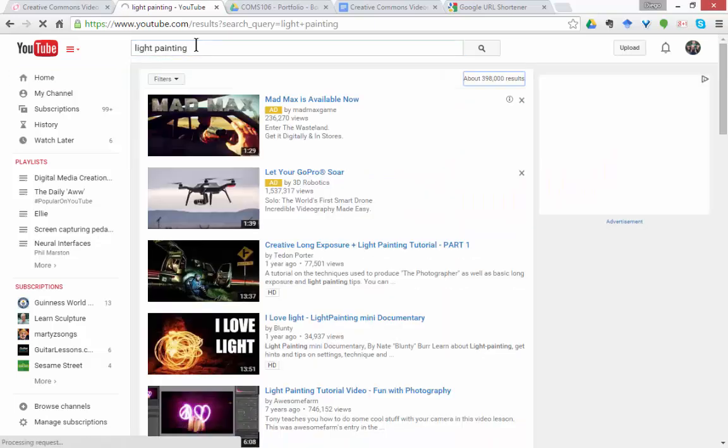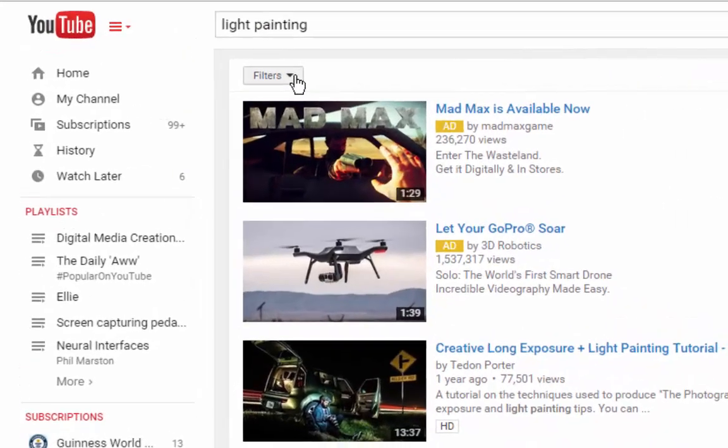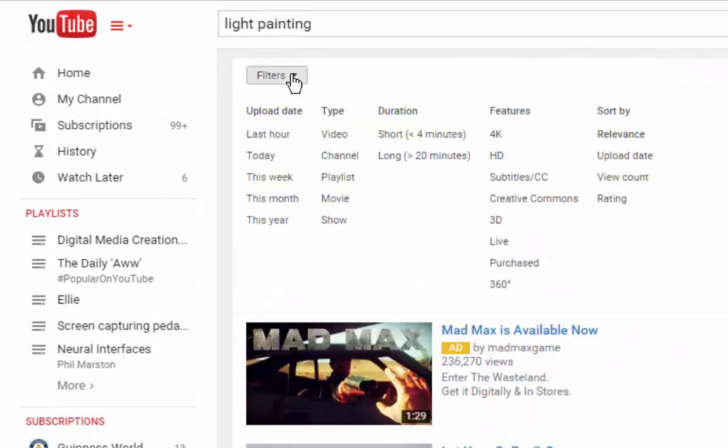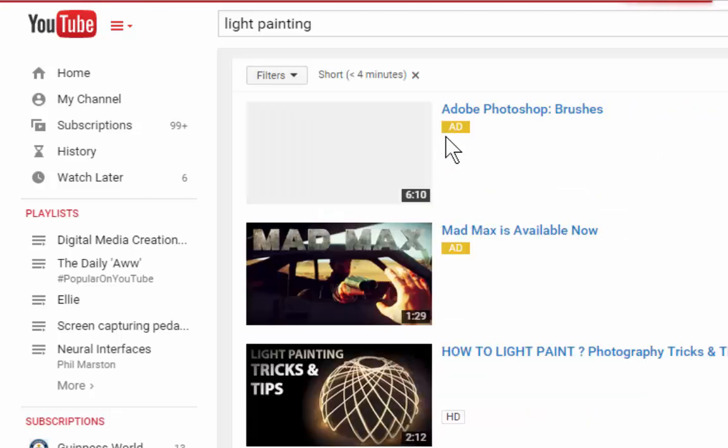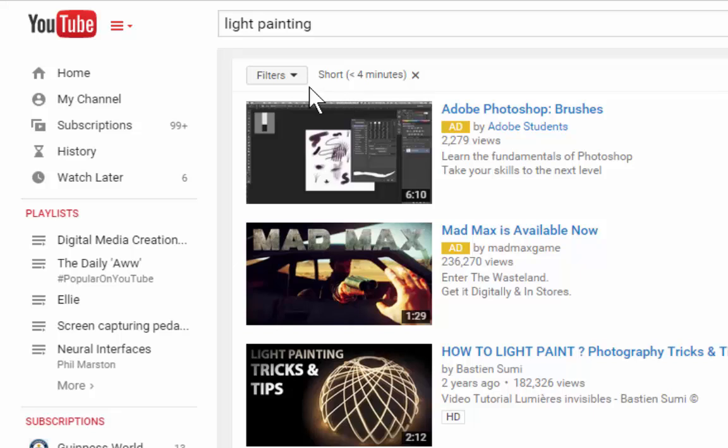There it is, light painting, and one of the things that we need to do now is to click on this filters button with that arrow that points downwards, and that is going to give me several options that I want to use purposefully. The first one is that I would like something that is short, so I am going to click there, and all of my results are going to be changed to have a video that is shorter than